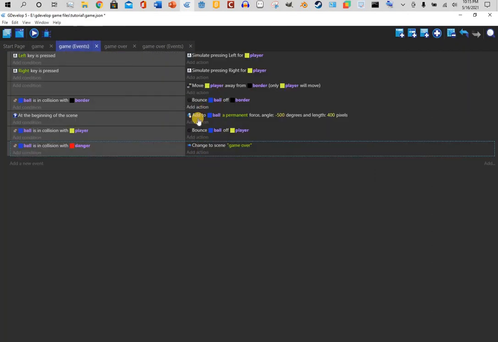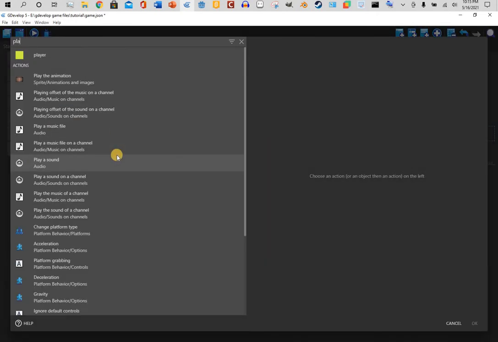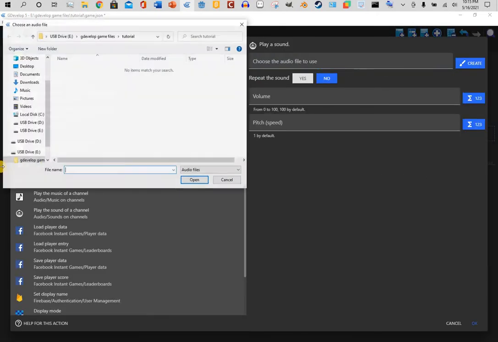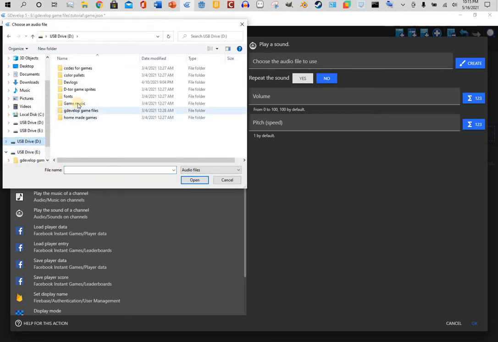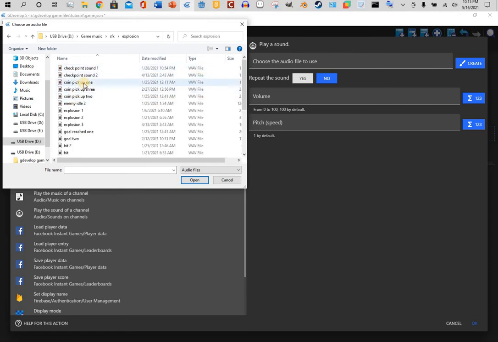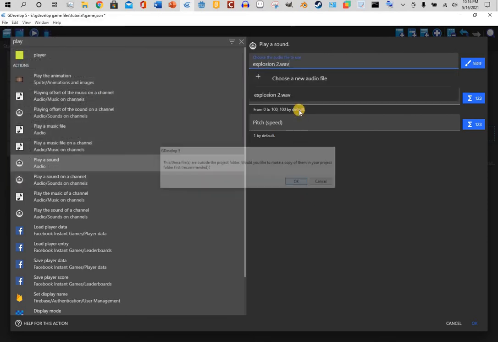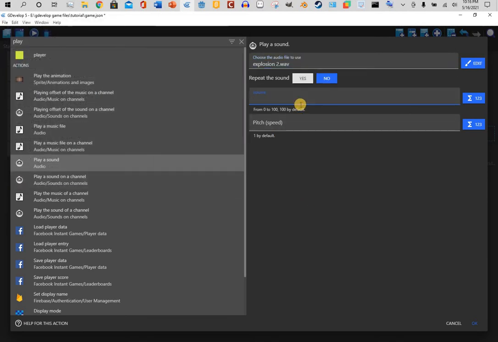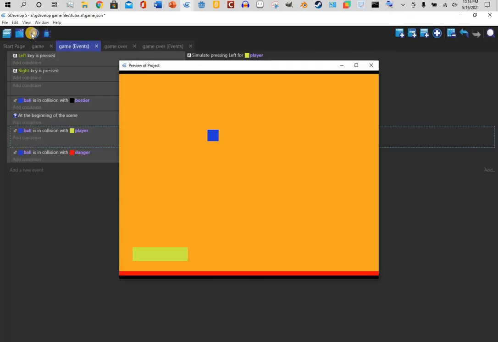When the ball bounces off a player, I'm going to add play sound. I'm going to add some sound from a site called SFXR. Sound effects. I'm going to choose this, an explosion sound. I'm going to set the volume to 70, and we do not want it to loop. Hit OK. Now press play. Now whenever it hits the paddle,